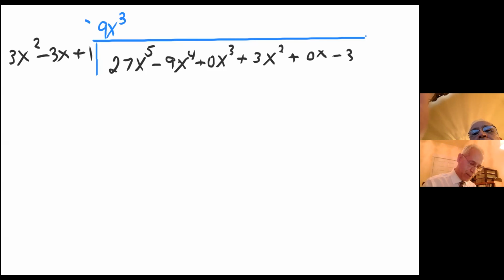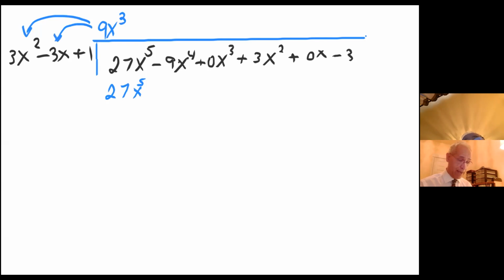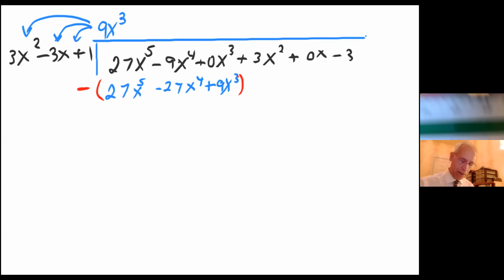So 9x^3 times this gives me 27x^5, and then 9x^3 times negative 3x is going to give me negative 27x^4, and finally 9x^3 times 1 is just 9x^3, so plus 9x^3. And just like regular division, I'm going to go ahead and subtract this, and I will get